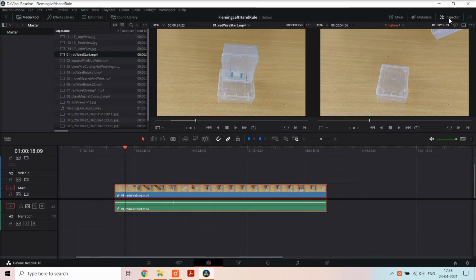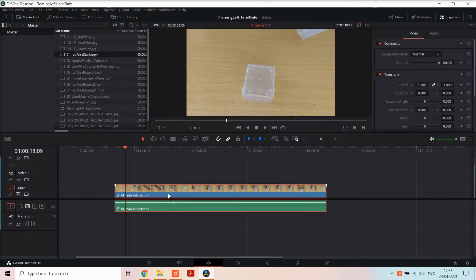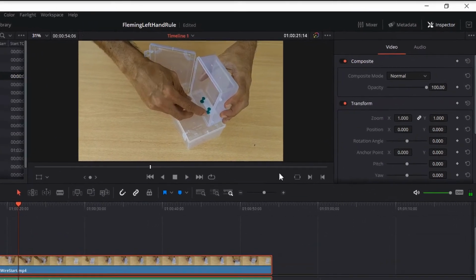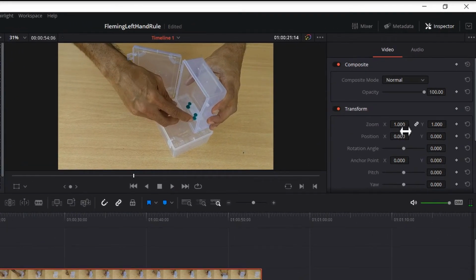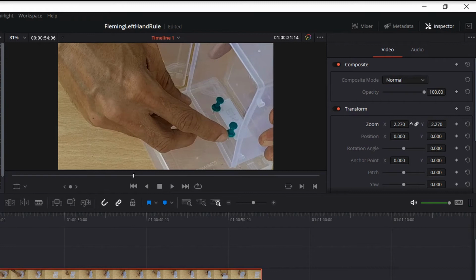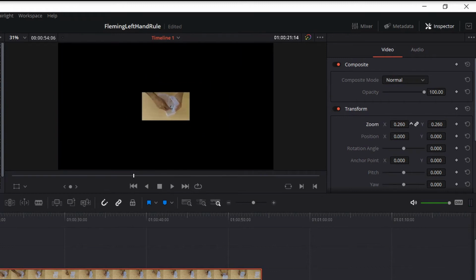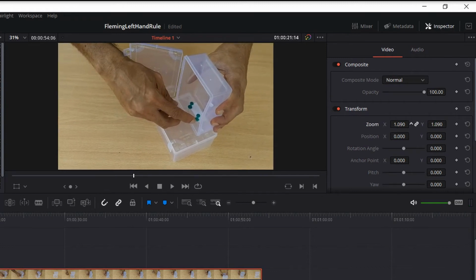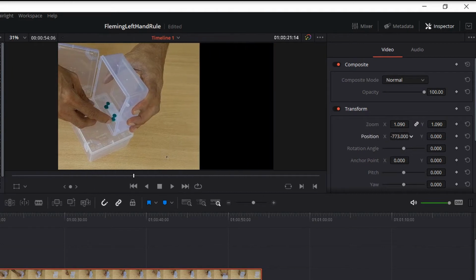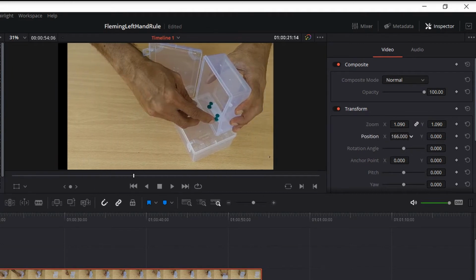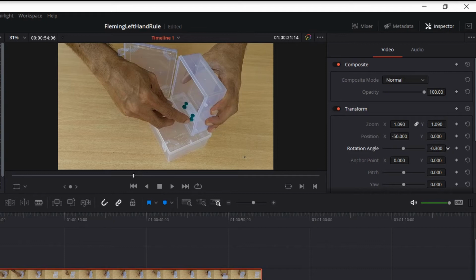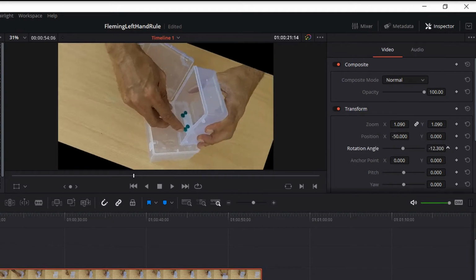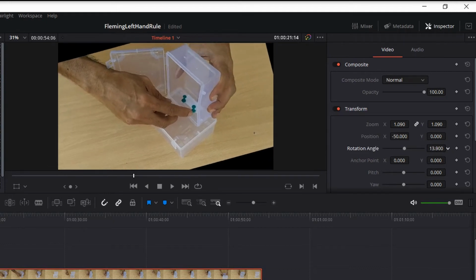Just like labels, Inspector tab can be used to change the way video clip is presented on the screen. We can zoom in, out, change its position, rotate it, and crop it. These operations are equally valid for labels, images, and graphics as well.